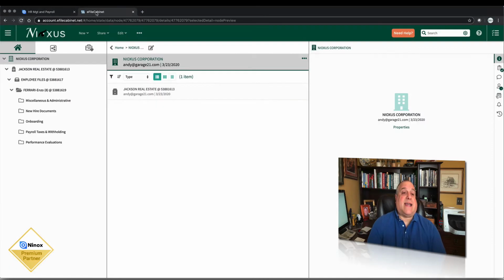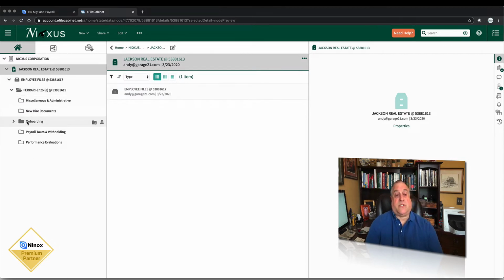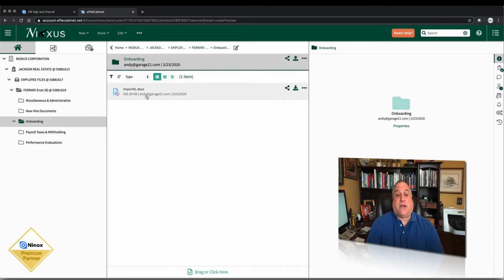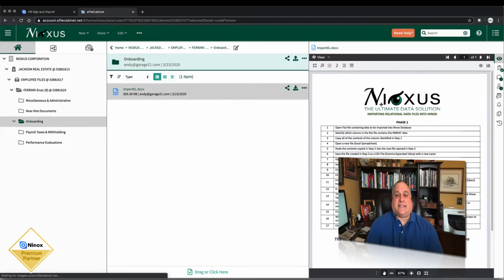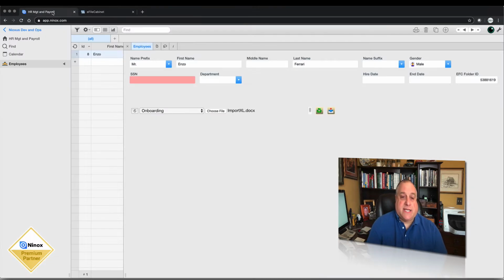If I go back now to eFile Cabinet and again refresh, when I open the drawer and the folder for this particular employee, one of the folders is showing content, and sure enough, it's the exact content that we just dropped in. Let me show you some other cool things in the integration, and then we'll get into how to actually get these two